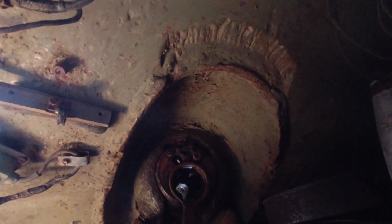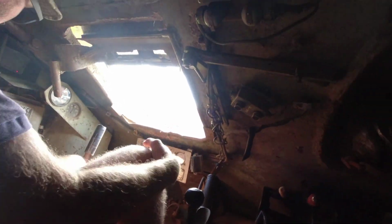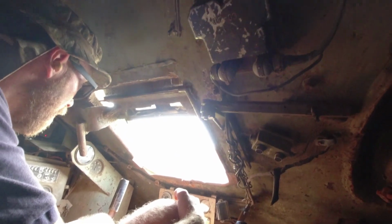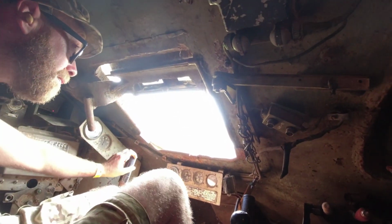Electrics on? Yeah, please. Do you want me to call it? Yes, please. Just let us know. But they put a windscreen system in as well. So they pull down on the lever, pulls up the windscreen, and then